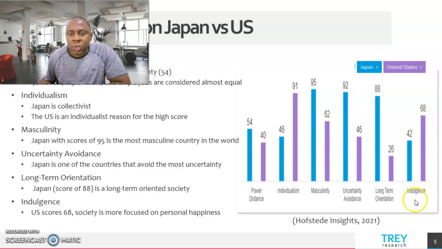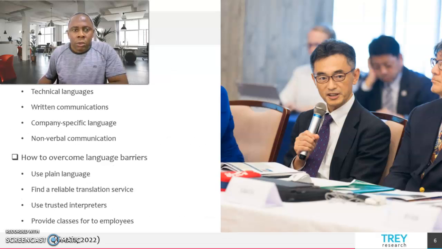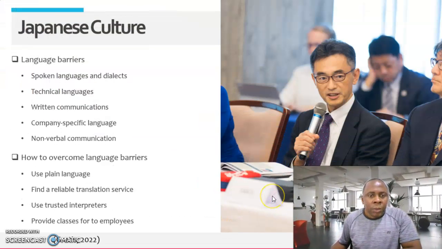The number 6, which is indulgence, this dimension is defined as the extent to which people try to control their desires and impulses based on the way they were raised. In the US, which has 68 in this dimension, society is more focused on personal happiness, encourages debates and dialogues, values the freedom of speech, and strives for work-life balance. Moving on to the Japanese culture,